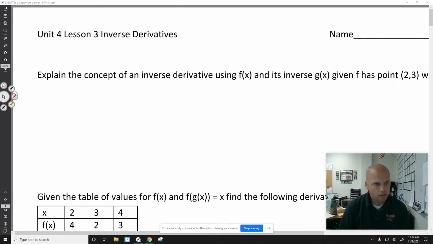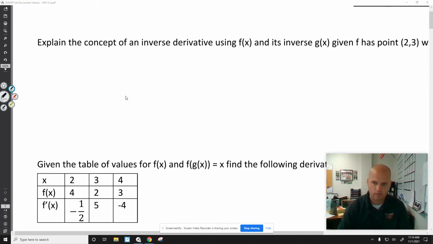Lesson 3, Unit 4 is on inverse derivatives. We just talked about e to the x and log x. We noticed their derivatives related to each other, but then we went into inverses in general. If you are an inverse, what are your slope relationships? It came down to this: if your function has the point (a, b), and your derivative at this x coordinate a is c,